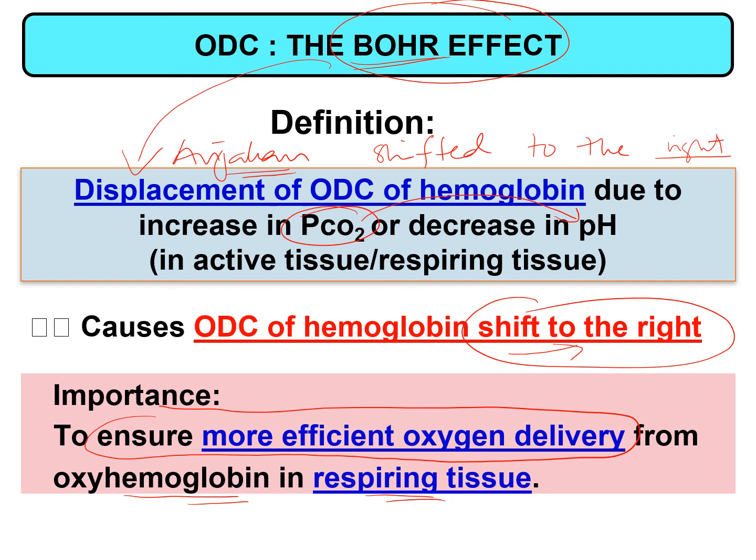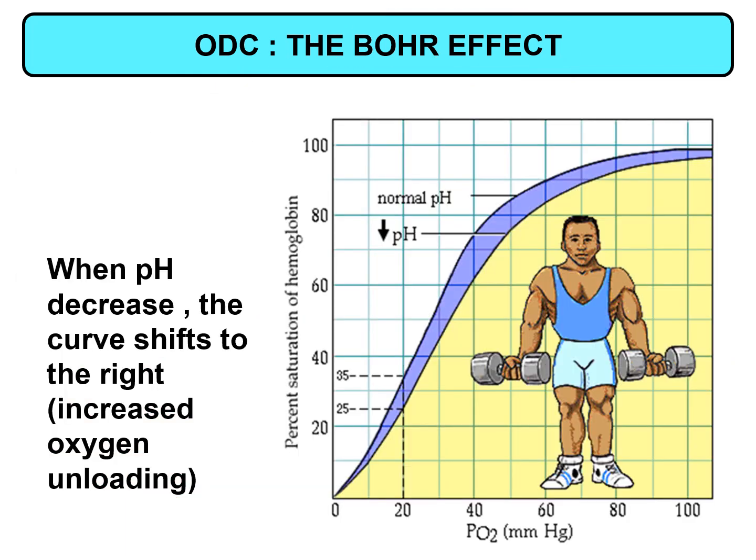So Bohr effect is important to ensure that the oxyhemoglobin will dissociate and release the oxygen. So Bohr effect ni is the displacement of ODC of hemoglobin. So yang displacement tu, inilah dia beza dia. Okay, at normal pH, at 20 partial pressure of oxygen, we will have 35% of